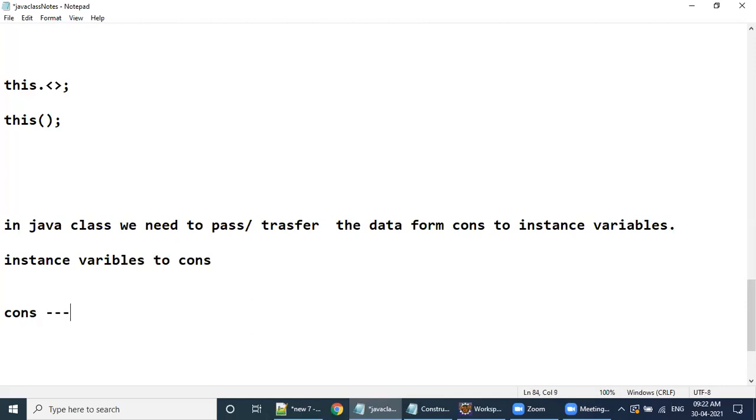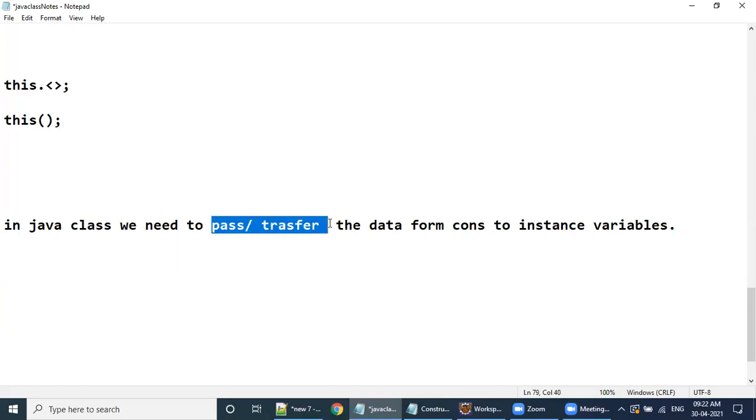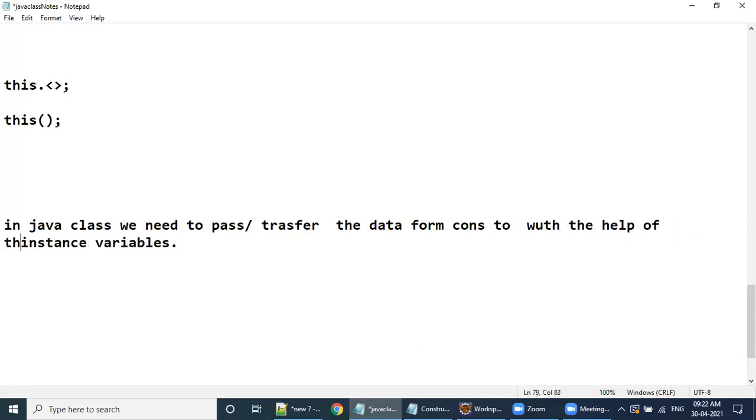That we'll see later. But for the time being, we are passing the data from constructor to instance variables with the help of which keyword? With the help of this keyword.